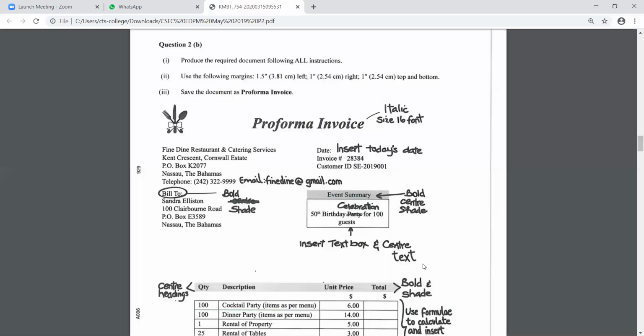Very good. So here is what your formula is going to look like for that first one, right? For those of you with laptops, you all can go into Excel. We could just try this first one. So just type the quantity, type out your description and the unit price, which is 6, and we're going to calculate total. To calculate total, from the keyboard, you hit the equal sign. You click the cell that has the 100.